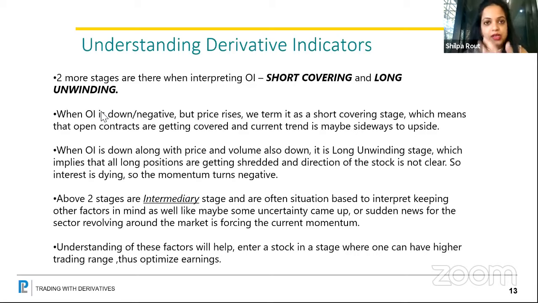Likewise, when OI is down along with price and volume, it is the long unwinding stage. In this stage, we term it as climax, which means that the underlying is very weak and long positions are getting shredded, and it means that the momentum is going to die and we are going to see some negativity towards this underlying. So the main thing is that in derivatives OI, understanding and figuring out these short covering and long unwinding stages is very important, because